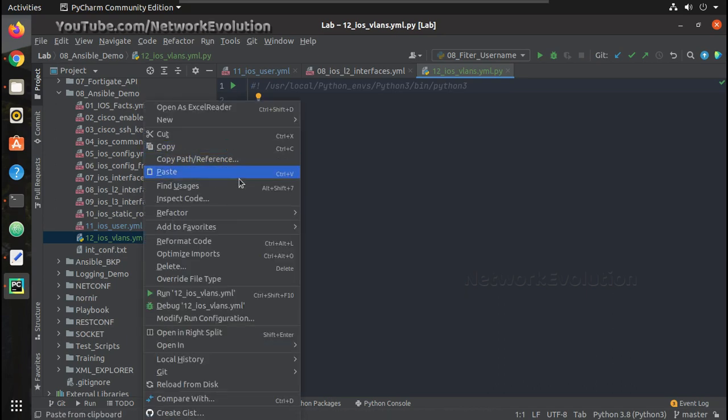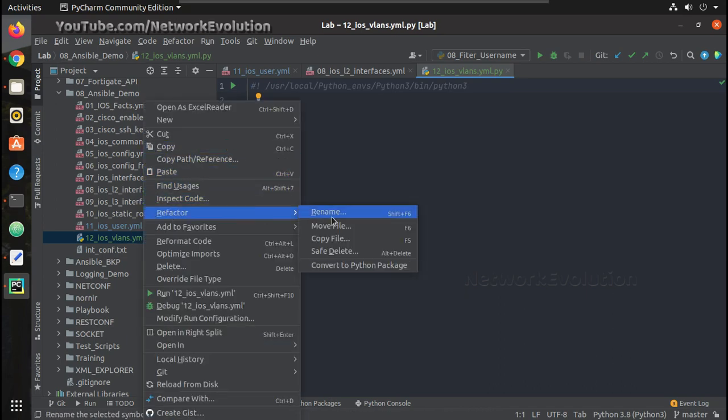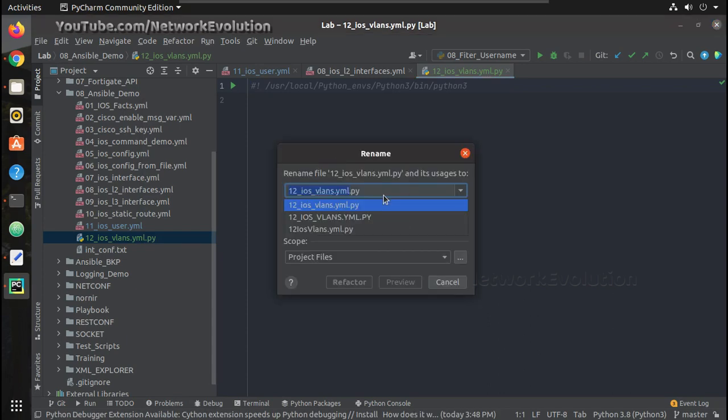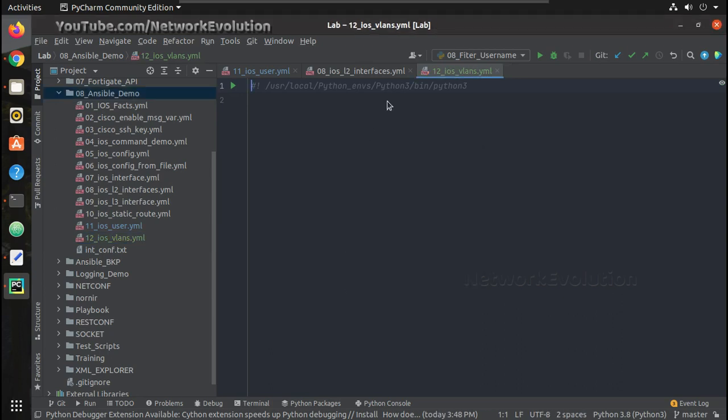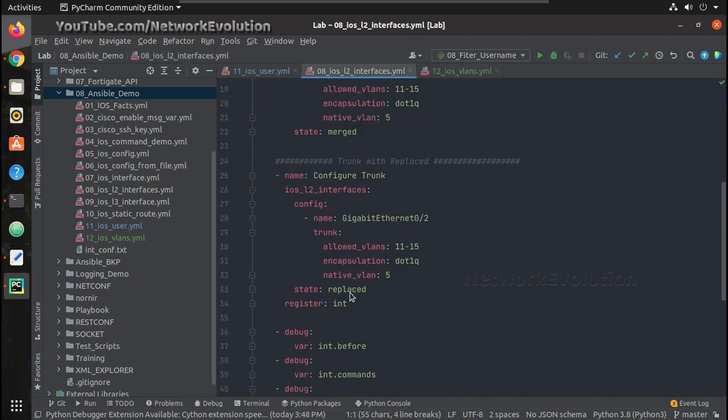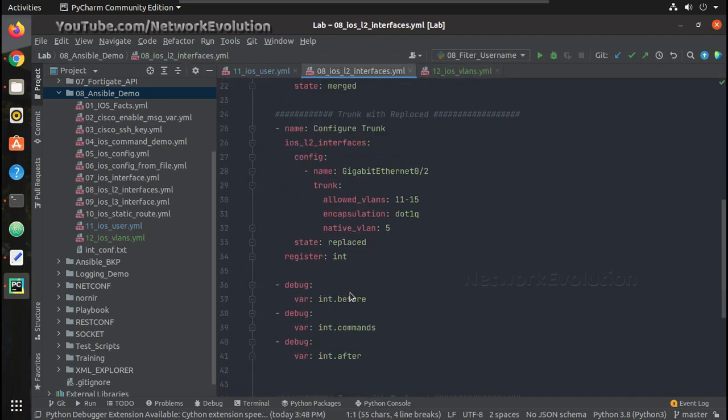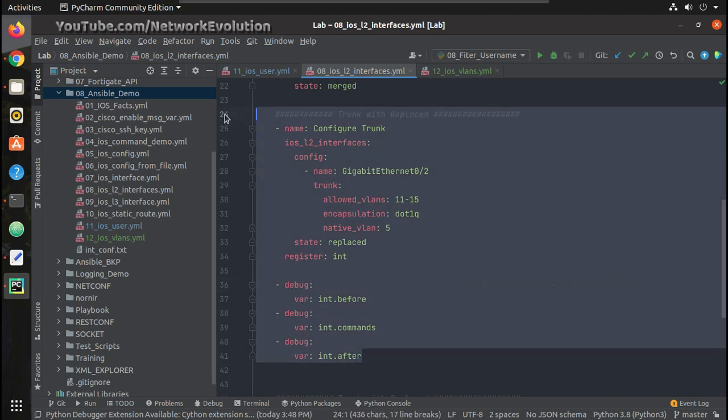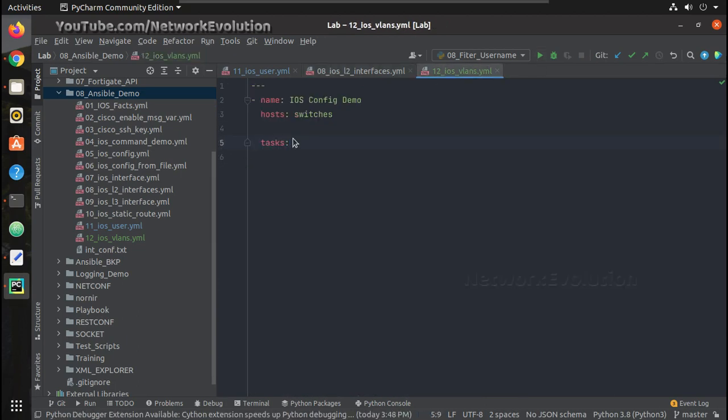We need to rename this to YAML. And under tasks we can copy and paste one of the previous tasks and we'll edit accordingly.